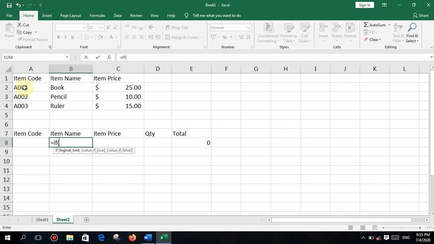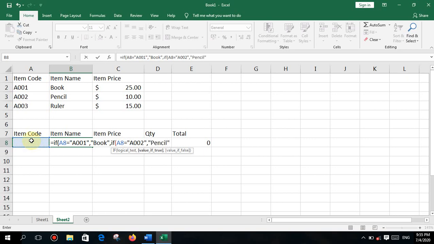That is true that numbers is here, but with the letters. Okay, because of that you have to type whatever values here. If that is equal to "A001", then "A001" within double quotation, I want to display within brackets "children book". It is a text. If not, again I will type IF, open bracket, click on this cell and say if that is equal to A002, I need to display